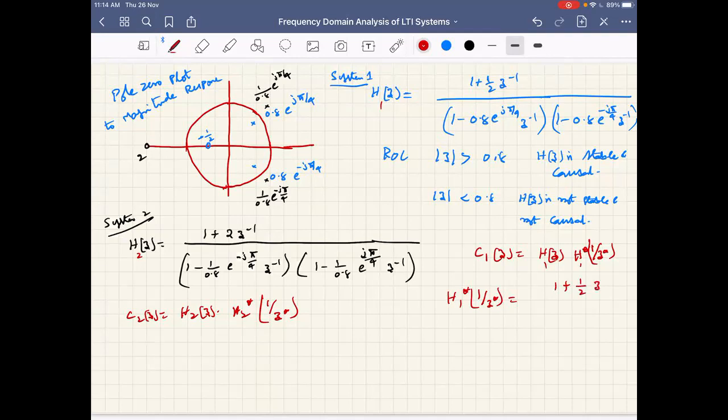Okay, Z, because 1 by Z star will become 1 minus 0.8 e power j pi by 4 into Z again. Okay, and into 1 minus, see here, I'm writing Z star, okay, whole star, 1 by Z star. So there will be a minus sign here for the first term, 0.8 e power j pi by 4